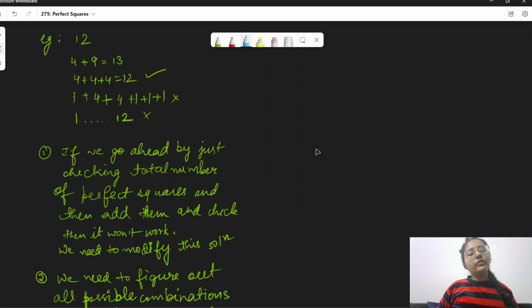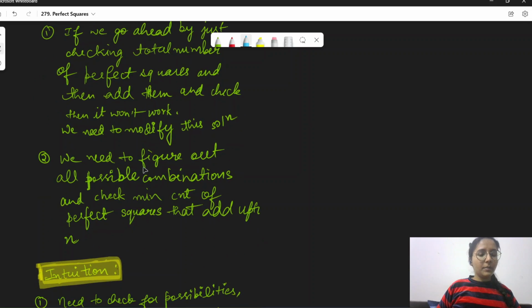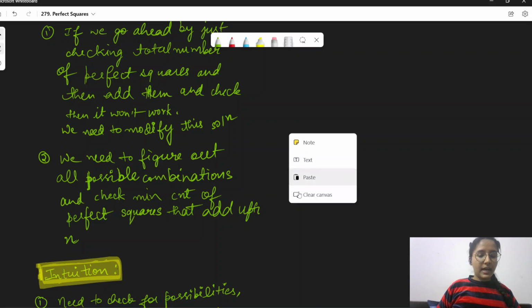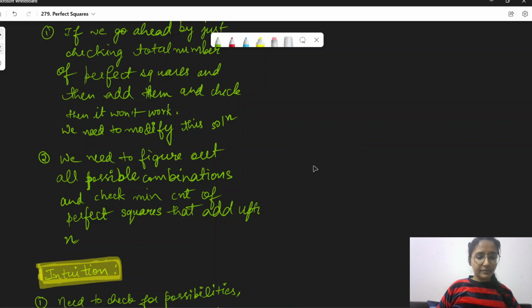That's why we are required to modify this particular solution. We are required to check these perfect squares in such a manner that we can minimize the count of all the perfect squares which can add up to 12. So we need to figure out all possible combinations and check the minimum count of perfect squares that add up to n. So basically, the intuition behind this particular question is